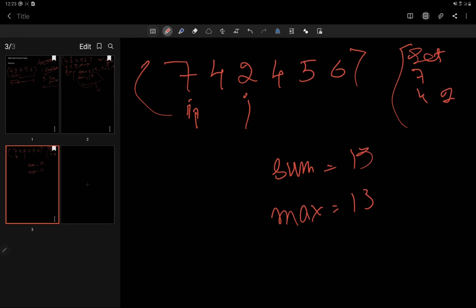Alright, now what we do, as soon as we encounter this duplicate, we won't increment the j. Listen again, we won't increment the j until the j is at the position which is unique. So one by one we will remove the values from the set as I is incremented. So I was here, we increment I to here and remove this from the set and from the sum as well. So 13 minus 7